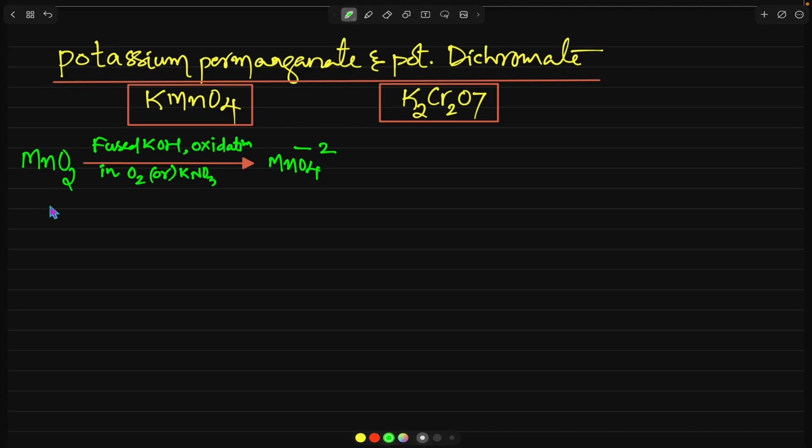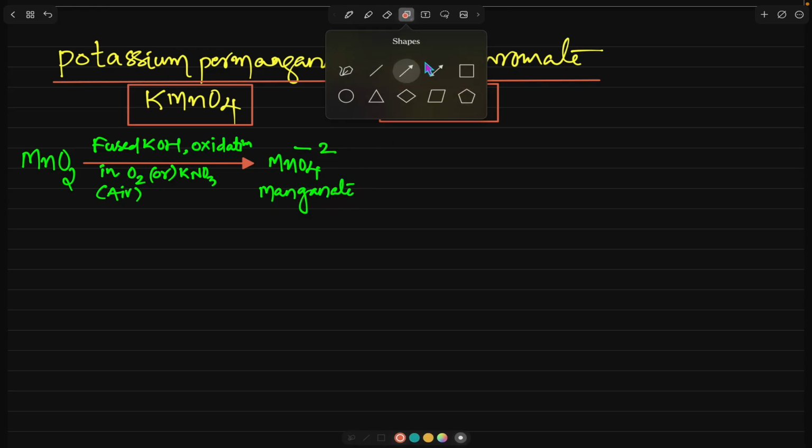Manganese dioxide is the ore which is mined from the mines, and this ore is collected and purified. Then this is brought into the laboratory and oxidized with fused KOH, followed by oxidation in presence of oxygen which comes from the air, where we get this one. This is the manganate anion. So when this manganate anion is again treated,